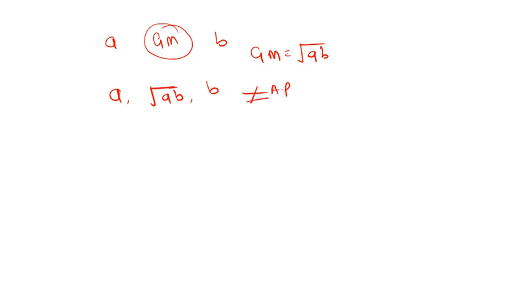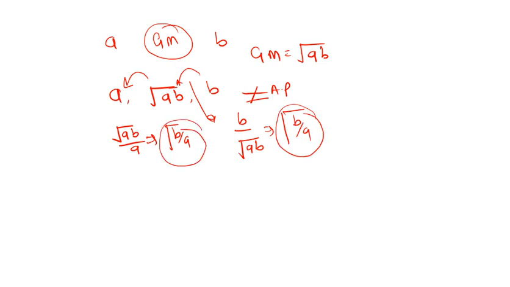Now whether it is a GP, you will see. We will get square root of AB divided by A. This will be the common ratio for these two terms, so it is going to be square root of B by A. Now you check here also. Here you will get B divided by square root of AB, so again square root of B by A. Now you see your common ratio is the same for all three numbers. This shows that if you put geometrical mean in between two numbers, then it forms a geometrical progression.